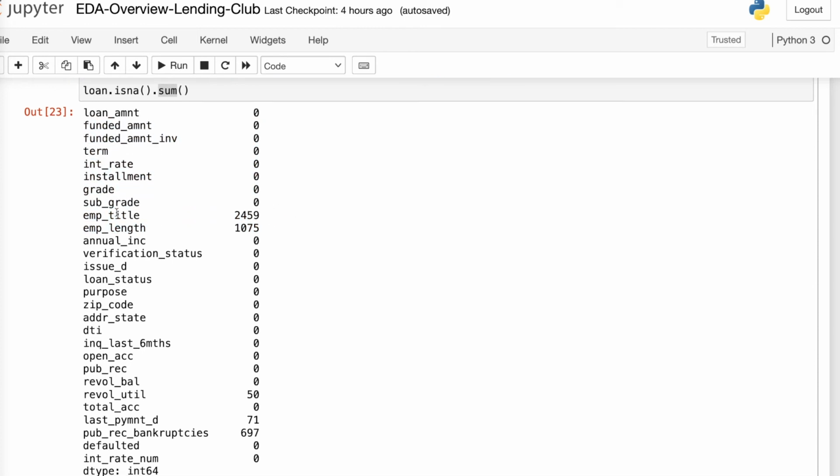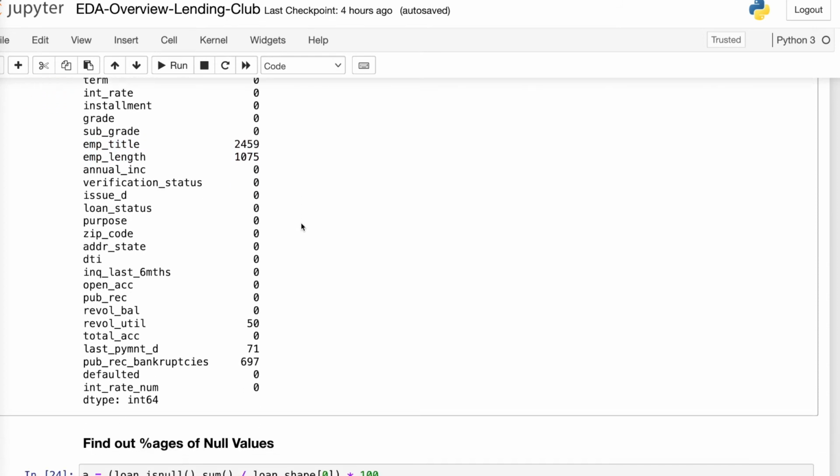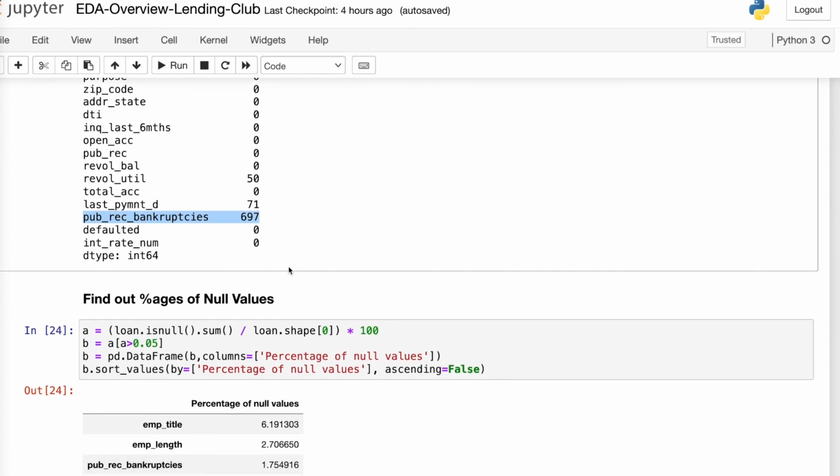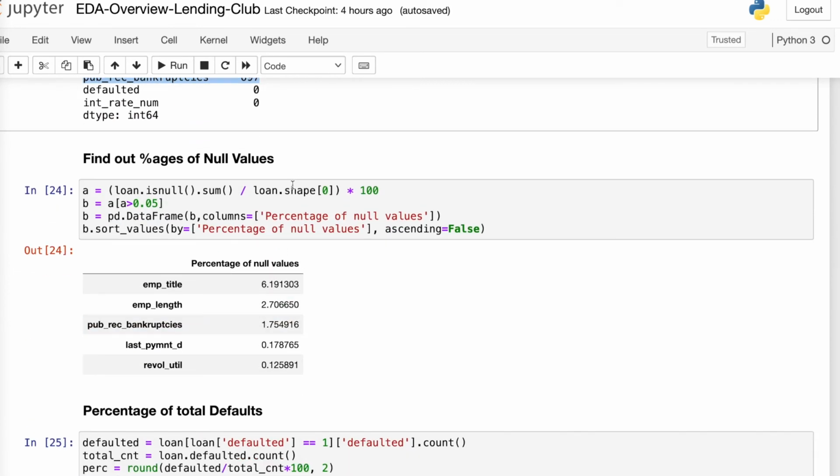Obviously emp_title and emp_length have a large number of rows with missing values, and this one also, pub_rec_bankruptcies, a lot of missing values. You can also do a little bit of tweak if you are interested in finding out the percentage of null values in features. You have this code,